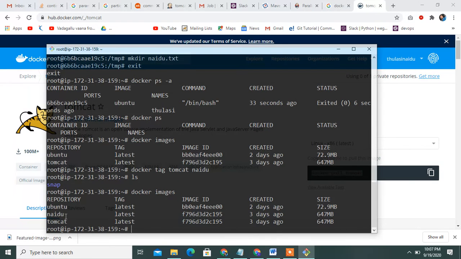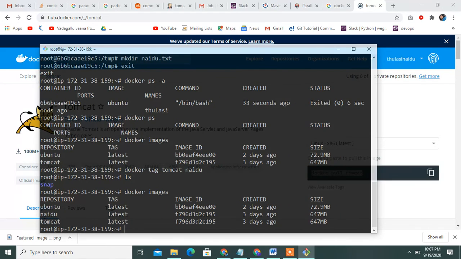Another name will be created from Tomcat; once you rename Tomcat, you can create another image. You can take the same data. See, the same image ID displays two names. You can give any name.